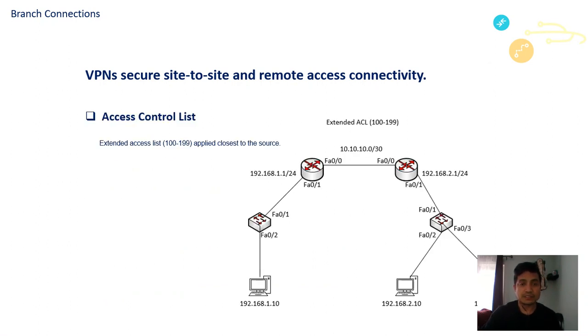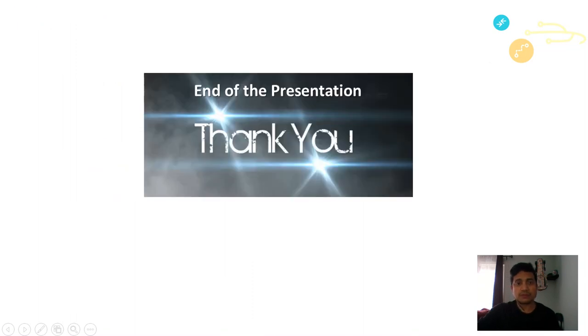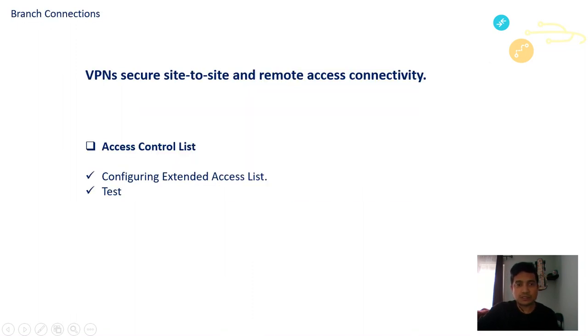If this is the source and this is the destination, then closest to the source is somewhere here. We will configure from here. Okay, let's get started to configure the